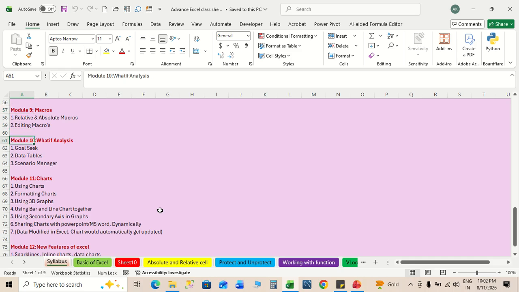Then module 10. Under module 10, we are going to learn about what-if analysis, goal seek, data table and the scenario manager. Interesting topics. These are very important, interesting. Then module 11,